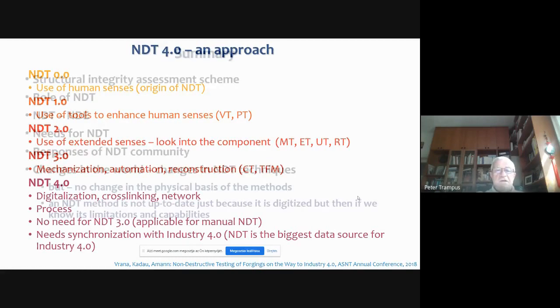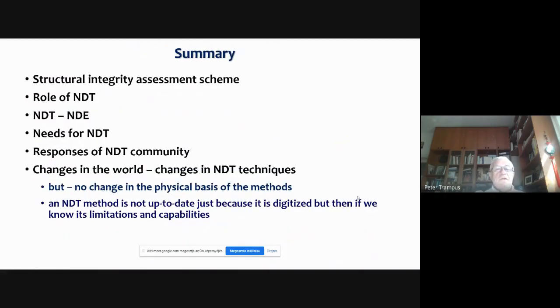And finally, my summary: we went through, and I explained to you, the structural integrity assessment scheme, the role of the NDT, the NDT-ND differences, the needs for the NDT and the responses of the NDT community.